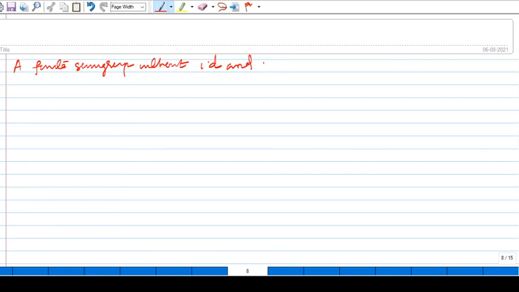So we have to find a semigroup which does not contain an identity element and does not contain a 0 element. As I have done in the previous example,